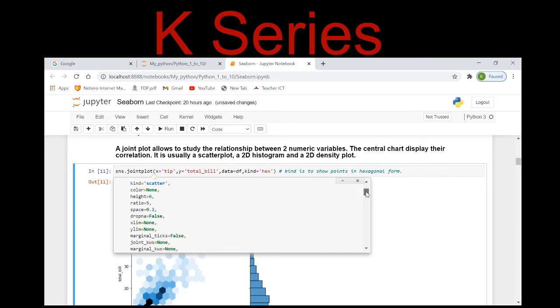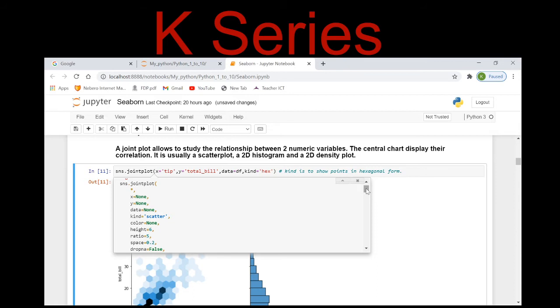I can pass arguments like kind, data, x and y. On the x-axis I can take one feature, and on the y-axis I can take another feature, so as to correlate them and get the information about the correlation. What is the relation between these two features? So I can easily plot it.